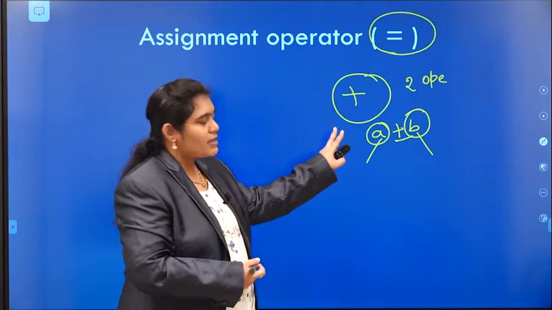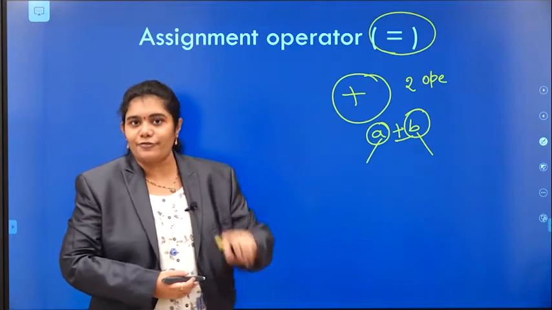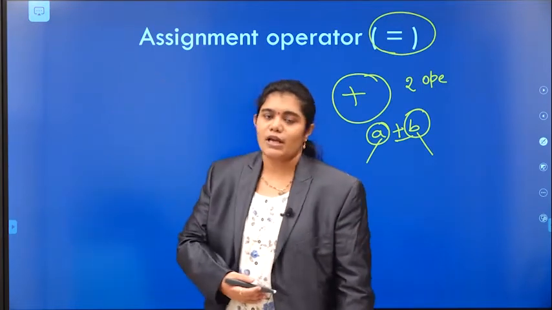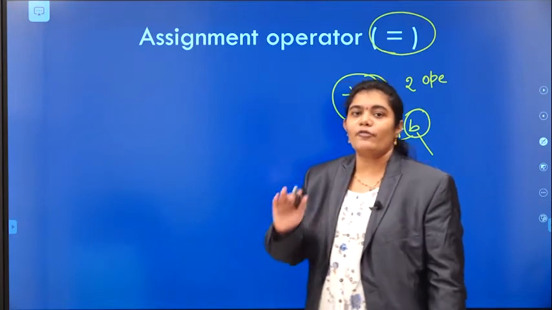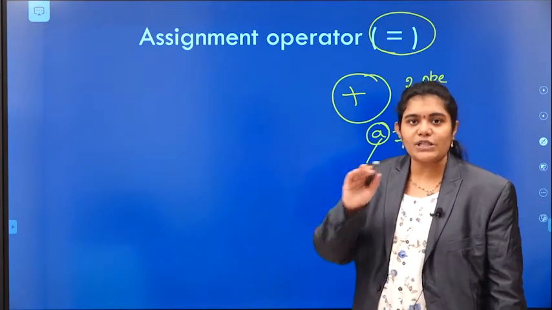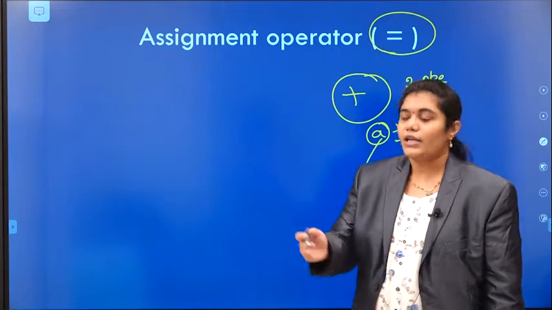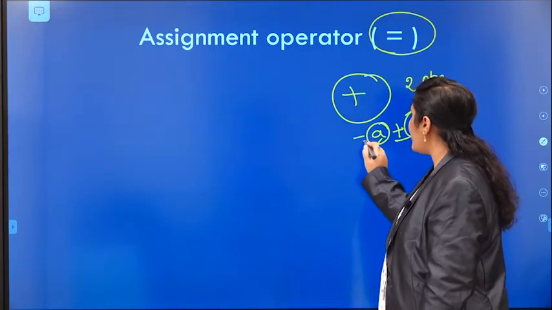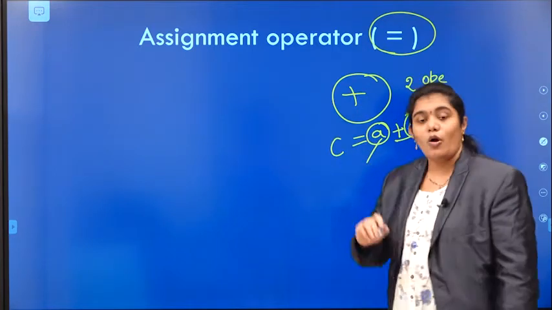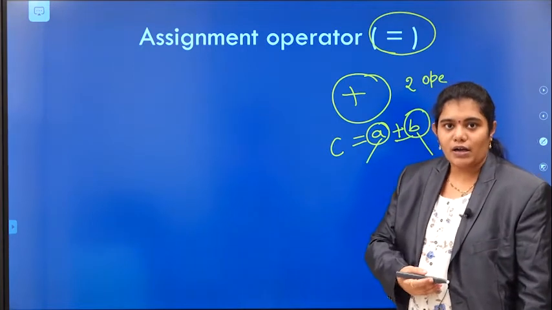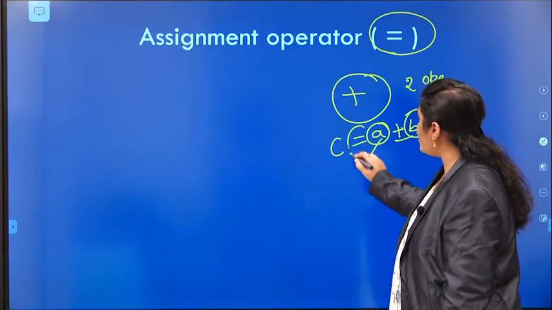So is just performing an operation enough in our programming language? No, it is not enough. After completion of your operation, you have to hold this result in some other variable or identifier. So how can you hold it?